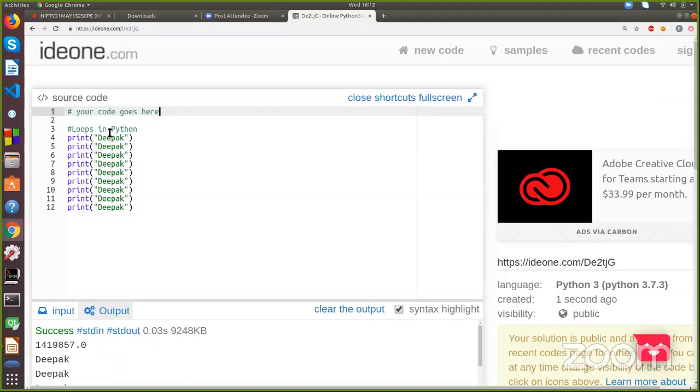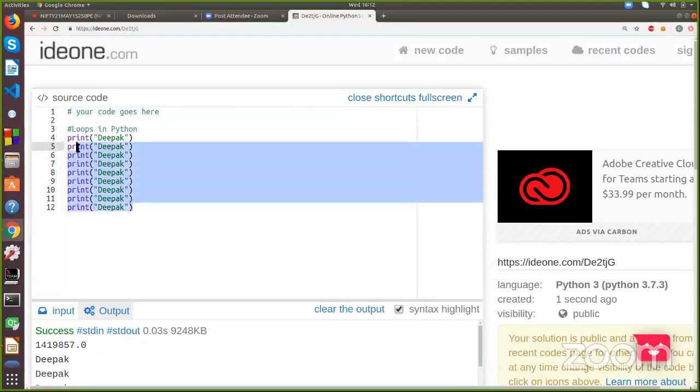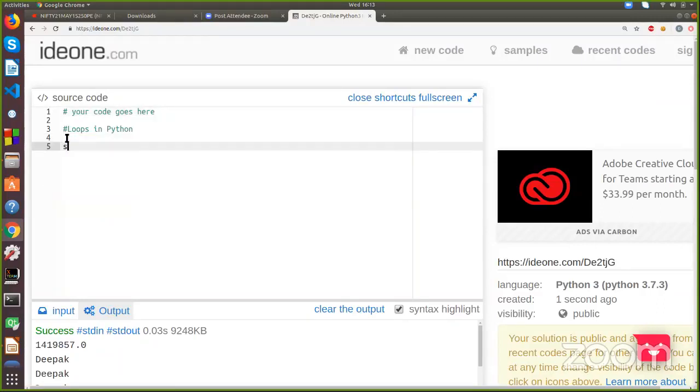Loops are available in any language, I mean in most languages, because it's a useful concept. Whenever you do programming, you will be using loops in various problems as per the needs. So I think loop is a very useful concept you should know. As we saw yesterday the for loop, and today we'll have a look at how we can use the while loop. To use the for loop, as I told you, every language has its own syntax. Syntax simply means the rules of any language.